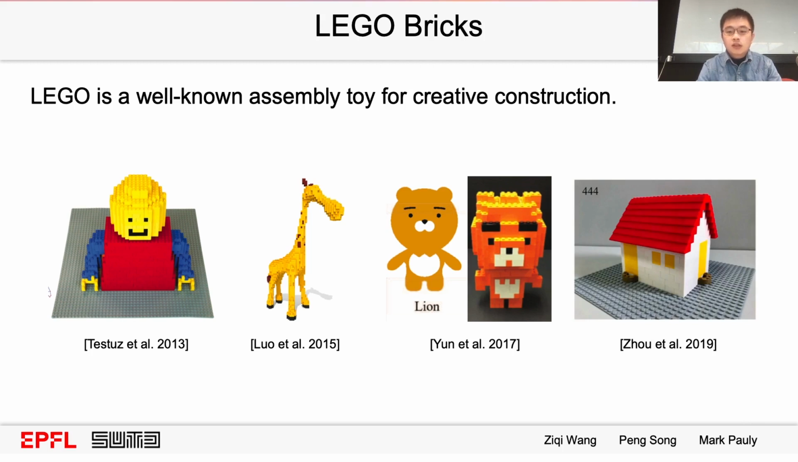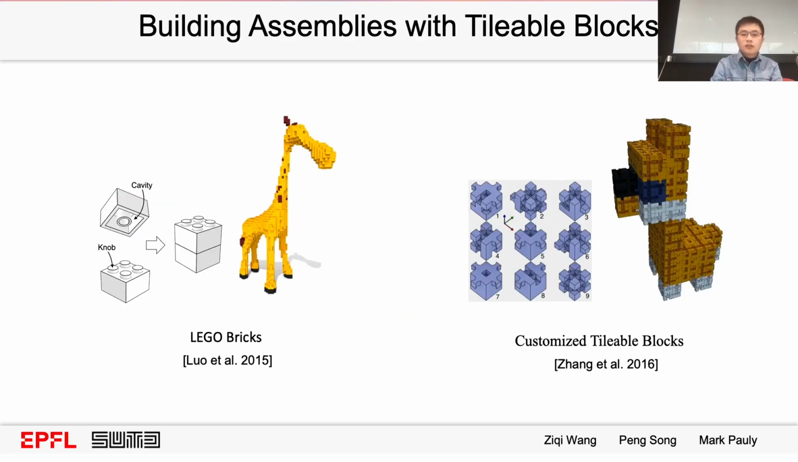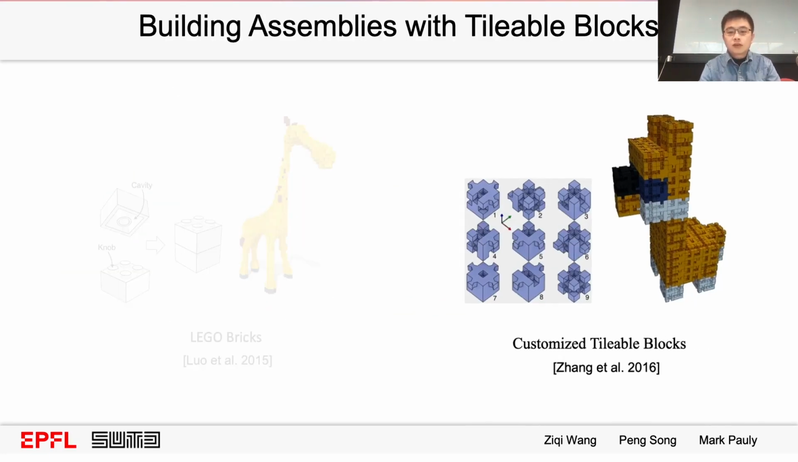Zhou and their colleagues fuse more Lego bricks, such as sloping or circular bricks, into their design. Their method can identify virtual features in the input 3D model and represent them with the best fitting blocks. For the customized tileable blocks,